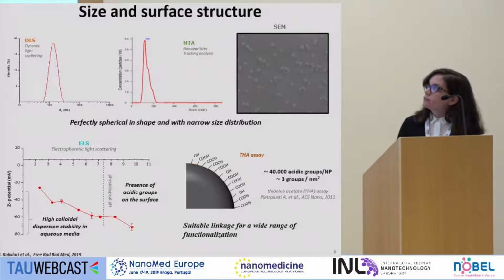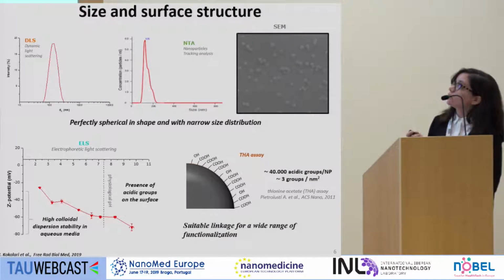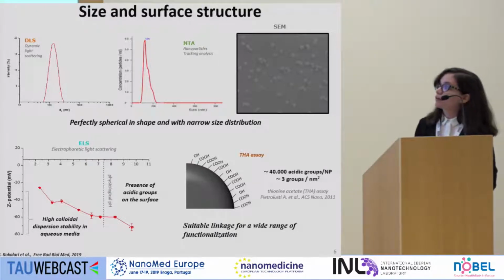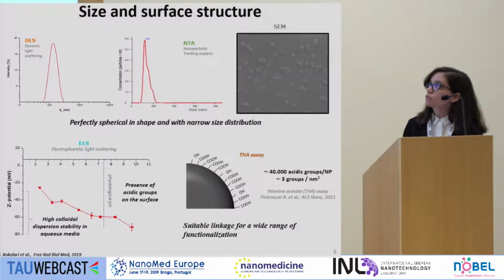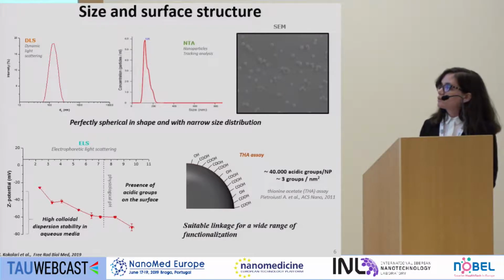So the nanoparticles are perfectly spherical in shape, as can be seen by the SEM images. They are also in the nanosize range, about 150 nanometers as a hydrodynamic diameter, and also with a narrow size distribution. The surface of the nanoparticles is characterized